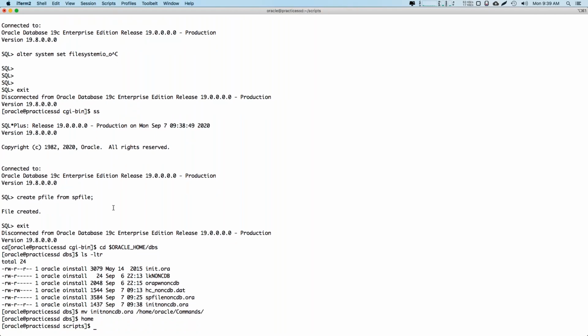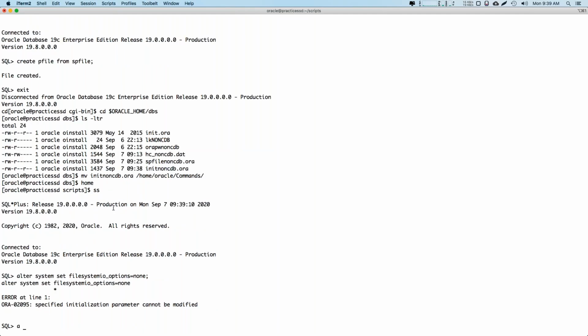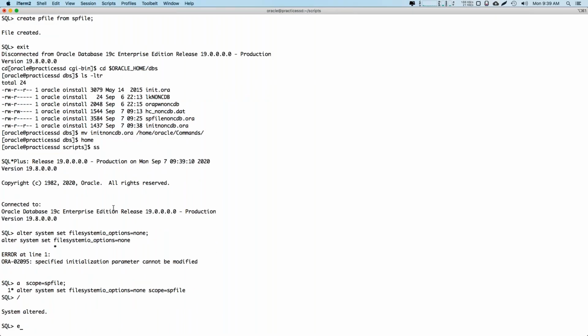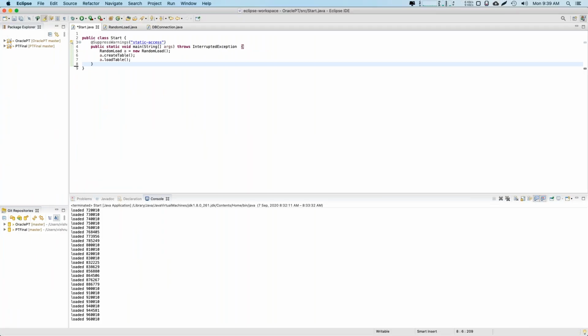So now, alter system set filesystemio_options to none. This is the default value, guys. This is a static parameter, so startup force. What I'm going to do now is simulate a normal workload using a full table scan. I have the students table here,